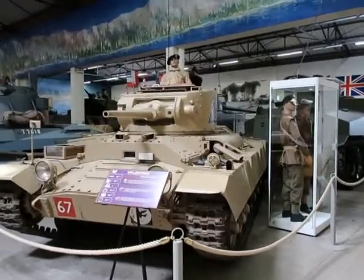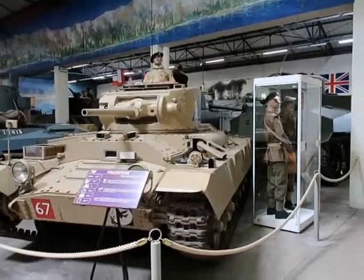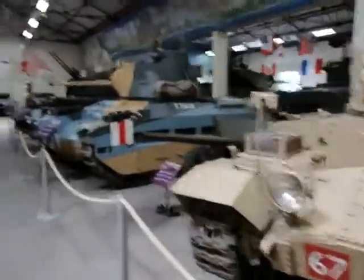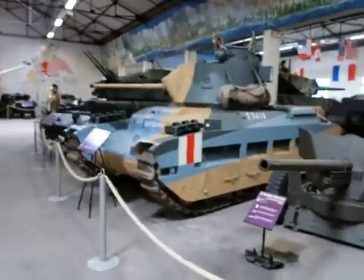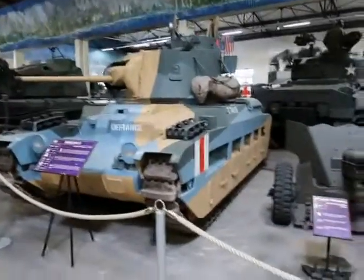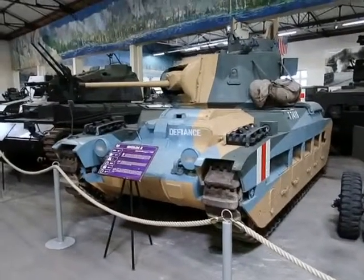Later on, these would become the chassis for a load of anti-aircraft guns, because there was nothing else to do with them. I'll just have a little wide down. Now this is probably, although the Sherman's my favourite World War II tank, this is my favourite British tank, the Matilda. So when the war opened,